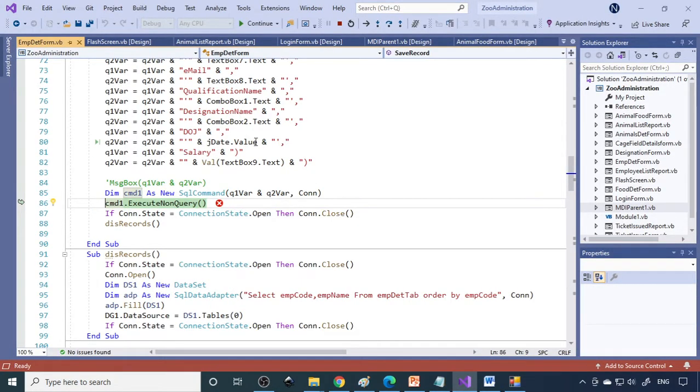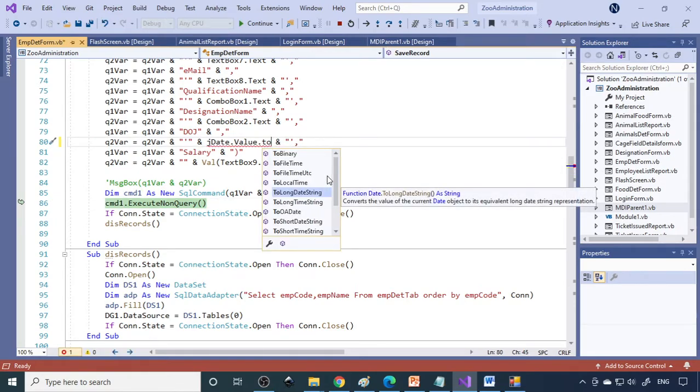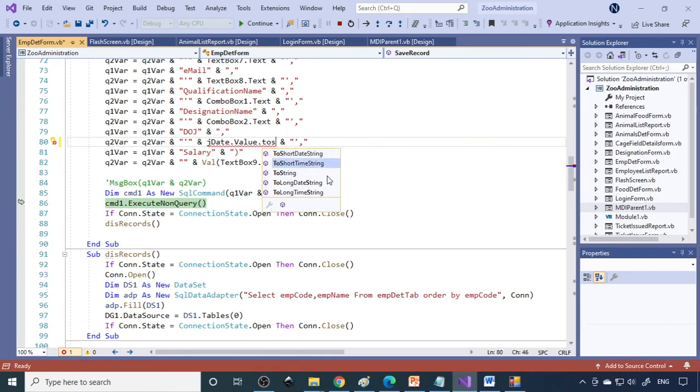Okay, so this date value is the problem actually. So what I'll do is I'll just make some changes here to string. So we need to format the date. If it's not formatted, sometimes this gives this error. So this is